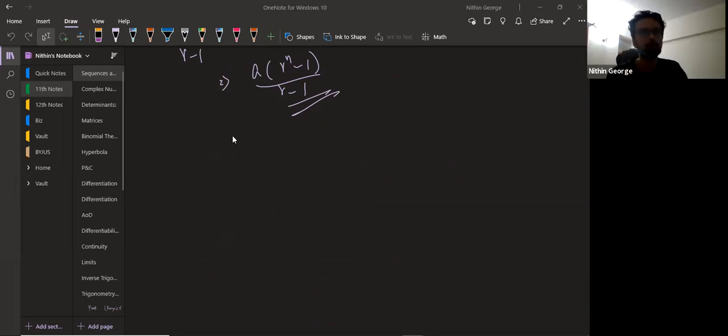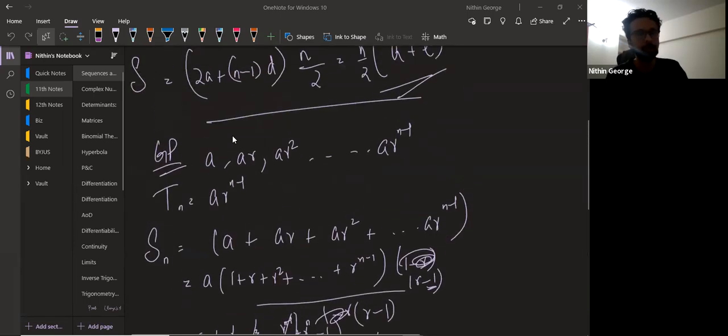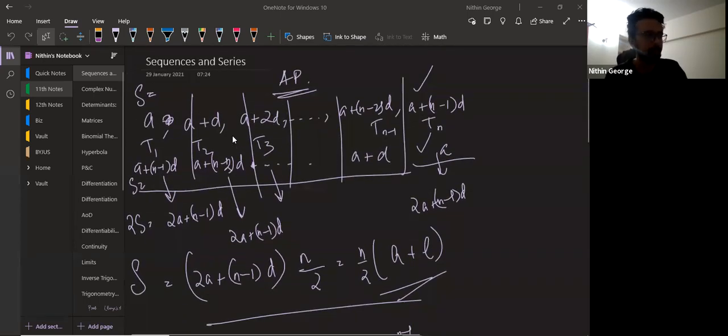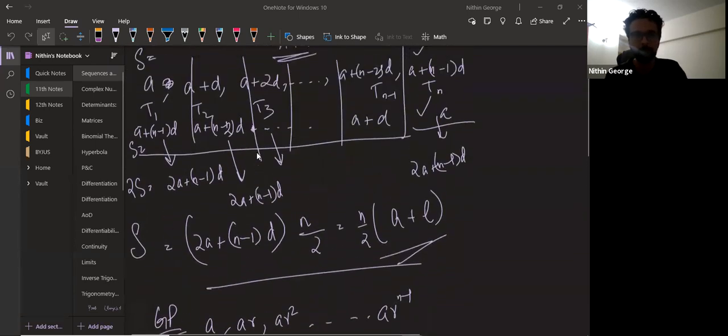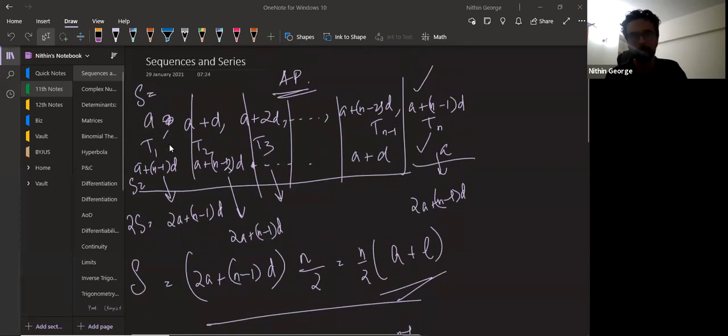Okay. So we'll be doing sequences and series today. We did a bit of the basics. We did what an AP is, sum of an AP. I wrote the AP in correct order and then in reverse order, and then I added each pair of terms. Each pair becomes 2a plus (n minus 1)d and there are n of them, so that's why you multiply it by n. That'll be 2S. You get the formula like this.